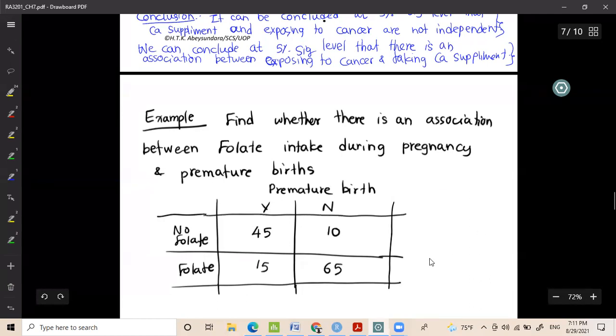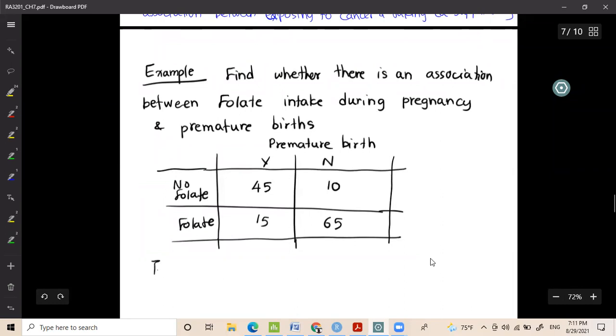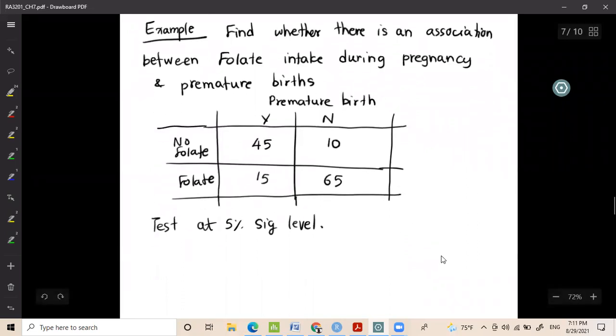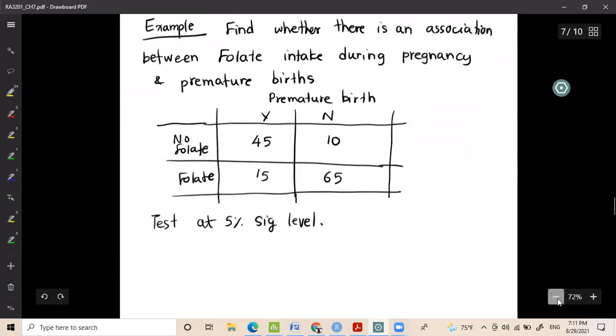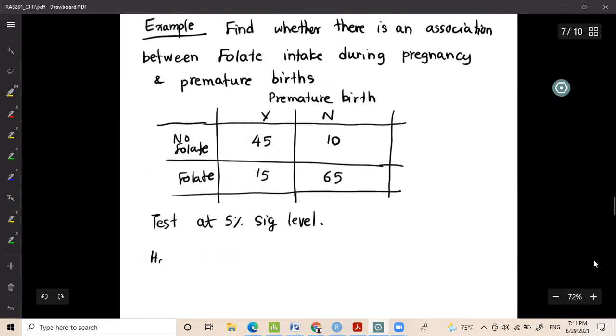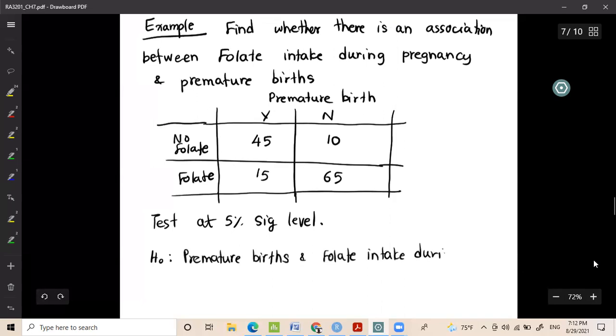Okay. Right. Test at 5% alpha. Test whether there is an association between premature births and folate intake during pregnancy. Okay, so let's start with writing the hypothesis. Premature births and folate intake during pregnancy